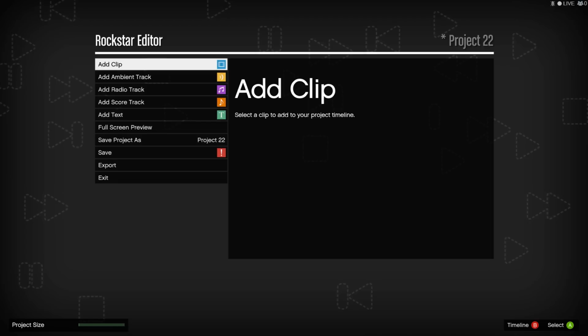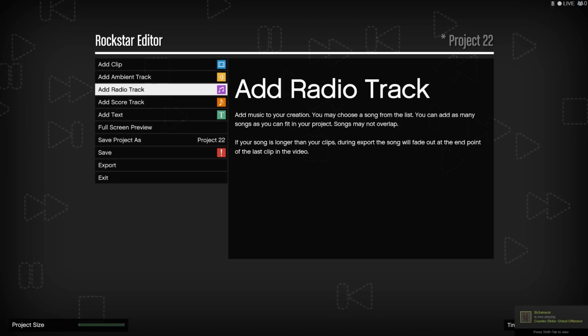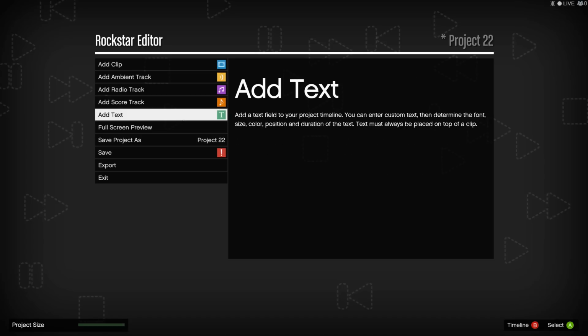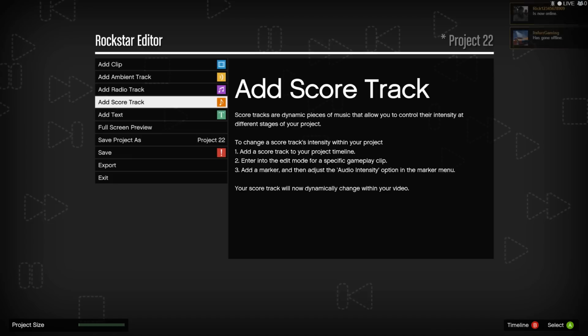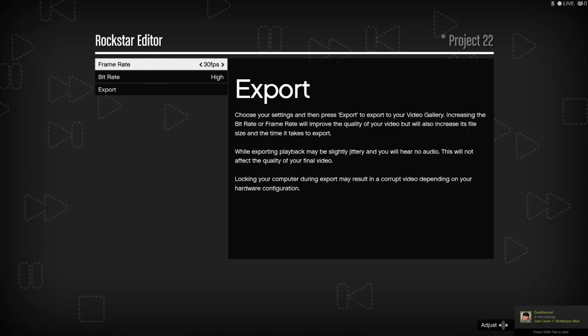There's a plethora of other things you can do within the editor, including adding sound effects, radio station music, which isn't very YouTube safe if you want to upload to YouTube, but you can also implement some of the score music from GTA 5 itself, which will be YouTube safe. So overall, after watching this video, hopefully you'll know how to do most things in the Rockstar editor to create such things as